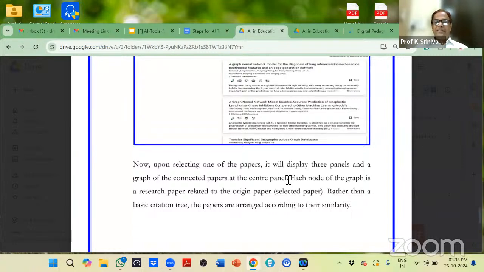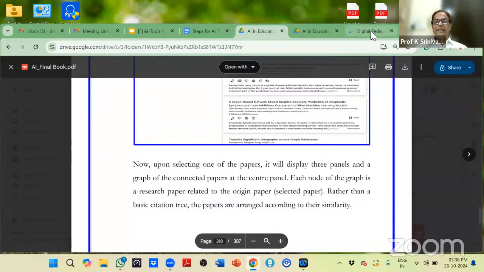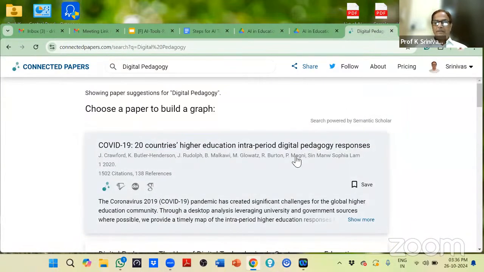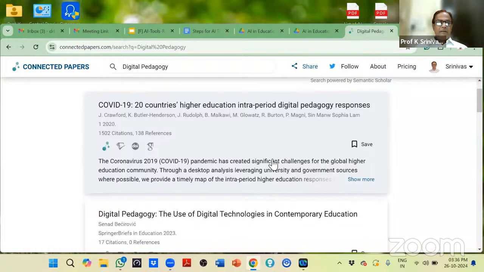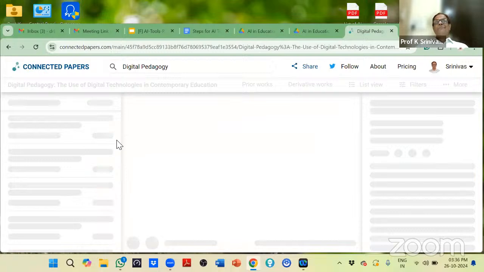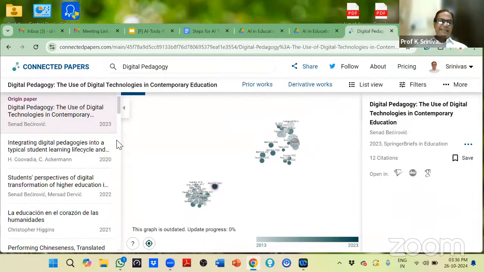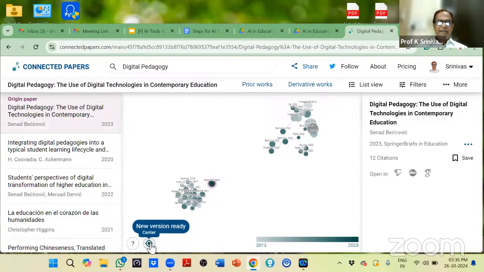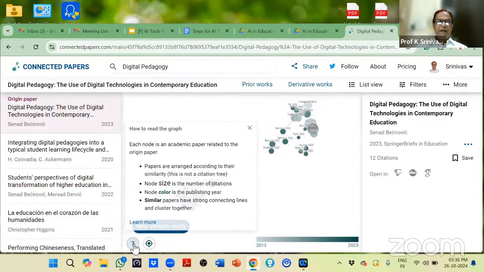नाउ अपॉन सेलेक्टिंग वन ऑफ द पेपर इट विल डिस्प्ले थ्री पैनल्स एंड ए ग्राफ। ठीक है, अब देखिए, चलो मान लीजिए मैं इस पेपर को सिलेक्ट कर दूंगा। जब इस पेपर को मैंने सेलेक्ट किया, डिजिटल पेडागोजी द यूज ऑफ डिजिटल टेक्नोलॉजीज एंड कंटेंट, ओरिजिनल पेपर है, आप देखिए लेफ्ट हैंड साइड में ओरिजिनल पेपर को, जो इंडिगो कलर में, मतलब डार्क कलर में आपको दिखाई दे रहा है। और यहाँ इंटरेस्टिंग बात ये भी है, यहाँ देखिएगा,